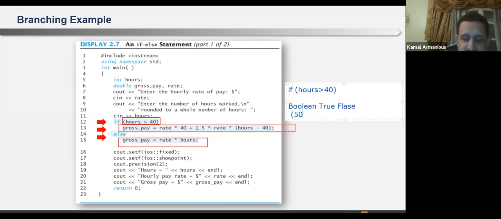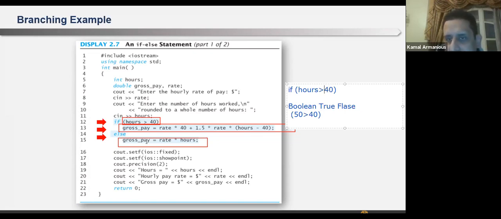Then I will go to the first statement, else I will go to the second statement. So what I am doing here is evaluating a Boolean expression, I want to make sure: is it true or is it false? Okay, in this case, it's true. Evaluating a Boolean expression is evaluating it to be true or false.